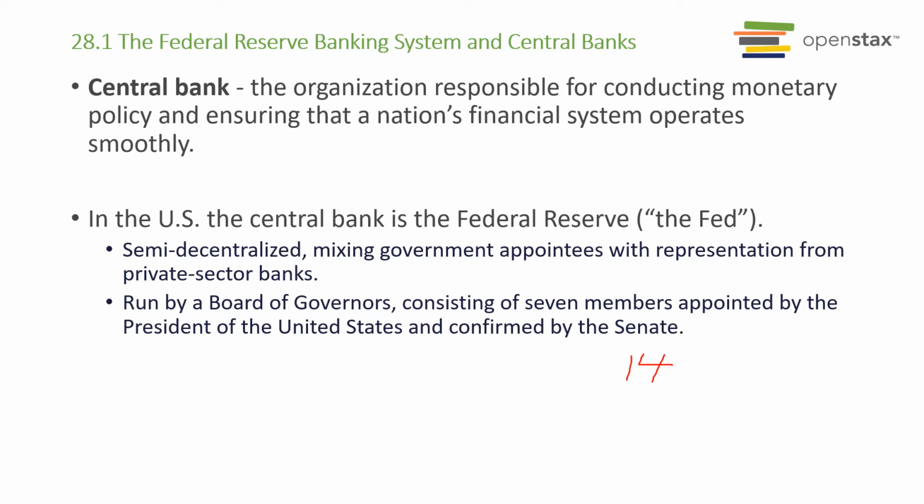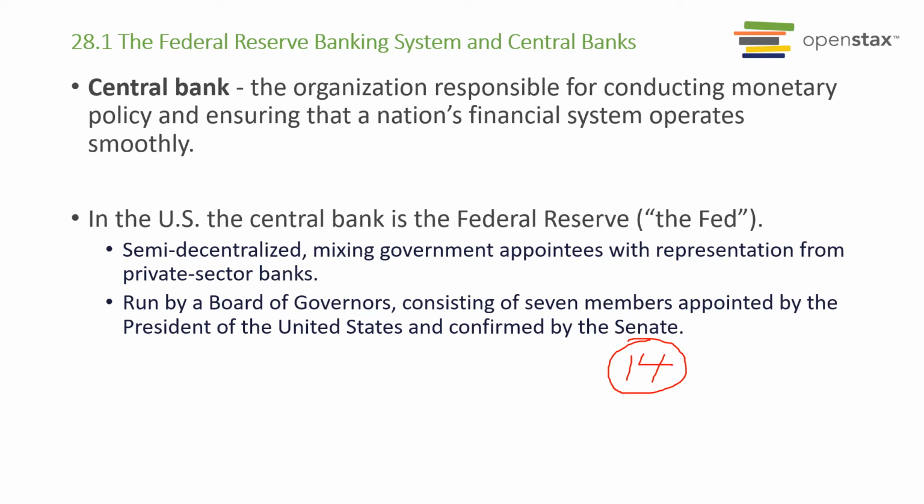You're going to think about this a little bit, right? The president serves a 4-year term. We have senators who serve a 6-year term. Representatives serve a 2-year term. But these 7 board of governors serve a 14-year term, longer than any elected official in the government. And the reason is that we want these 7 board of governors